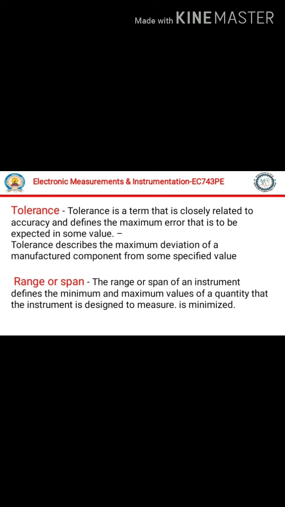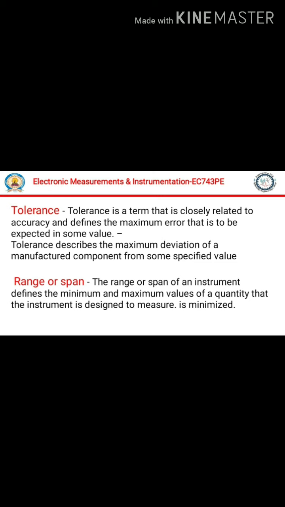For example, you are all aware of the color coding of a resistor. There are two color codings, gold and silver. Gold indicates that the resistance you are going to use will exist within plus or minus 5% of the rated value. Suppose you are using a 1 kilo ohm resistor with a gold tolerance band, its value may exist between 1 kilo ohm plus 5% or 1 kilo ohm minus 5%. In between this range the value may exist.